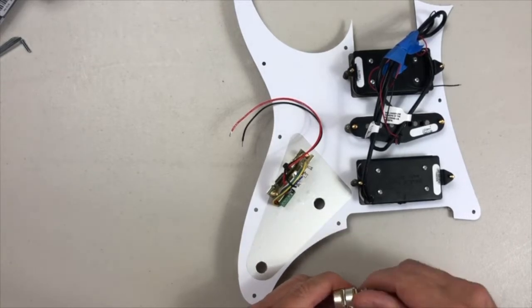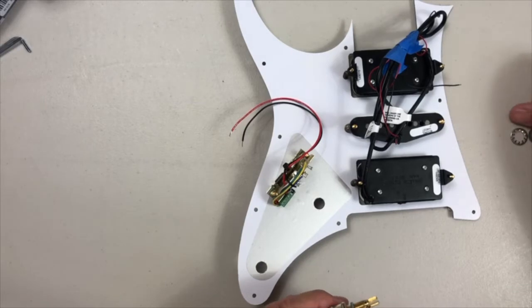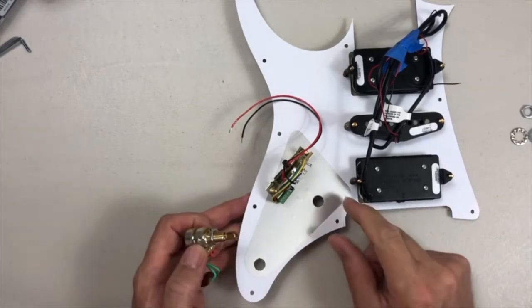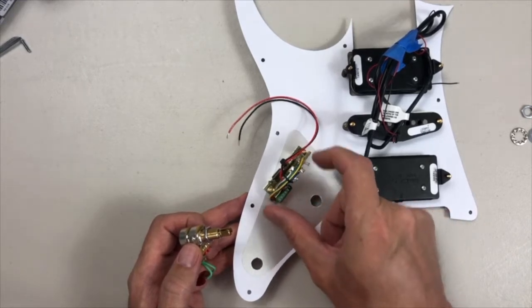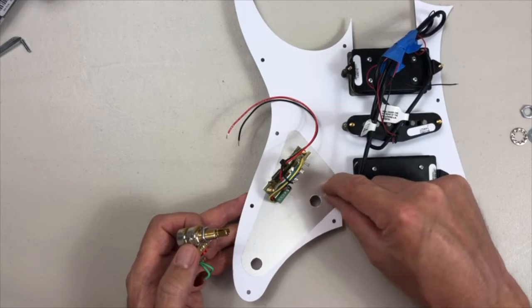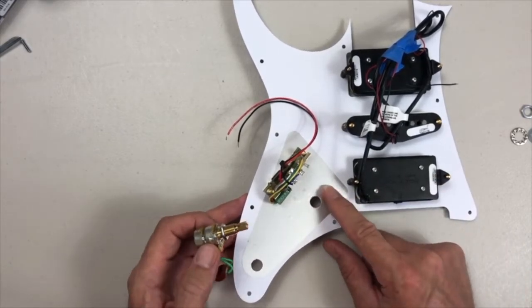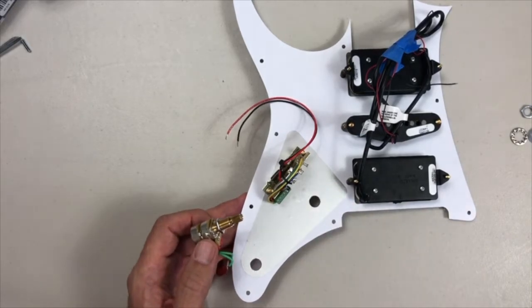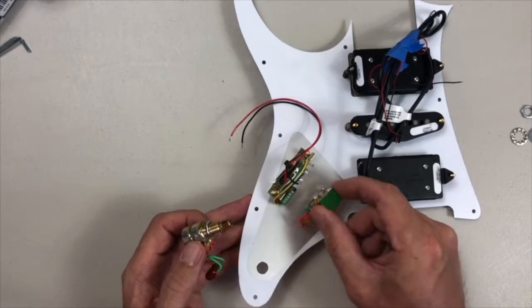And we'll wire the pickups in first, and then we'll put the volume pot in. So we're doing it a little bit differently. If the volume pot was over here, like on a Strat, and the switch would actually be further this way, and this would be all open, then I would probably install the components first. But in this case, it's just too cumbersome to try to wire this terminal with this here. So